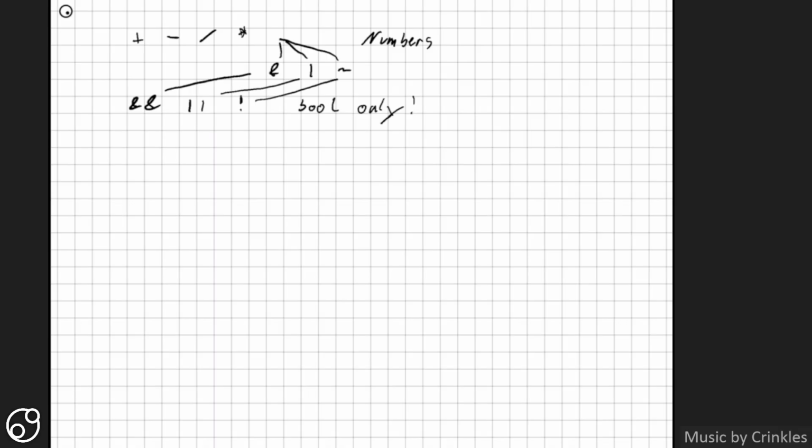Anyway, these operations are and, or, and not for bools, with a twist we'll get to at some point, hopefully. These are general and, or, and not for bitwise operations. So if I have a number, let's